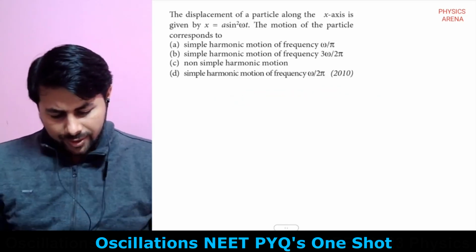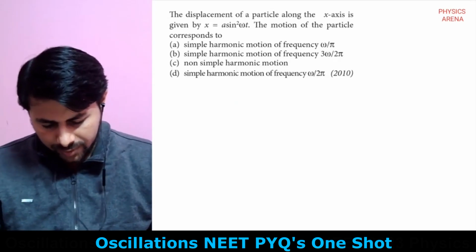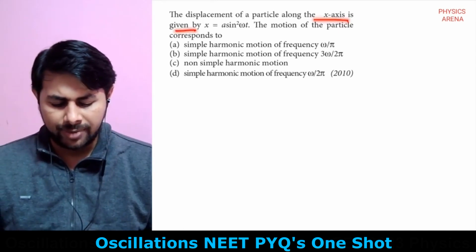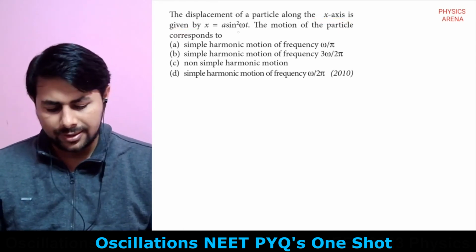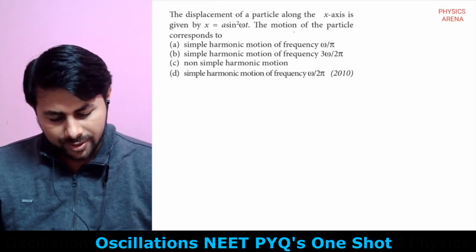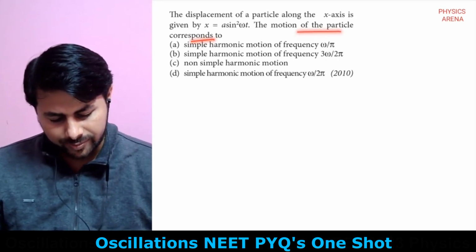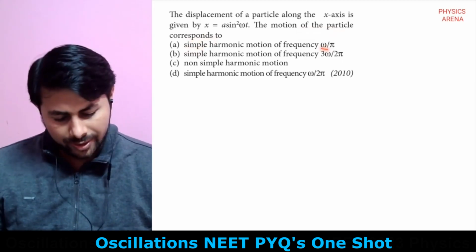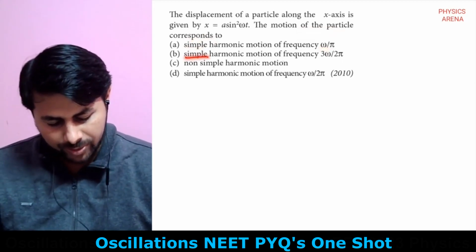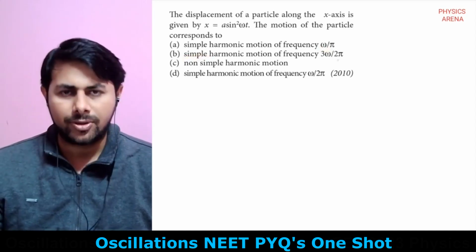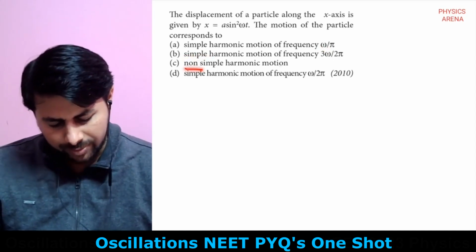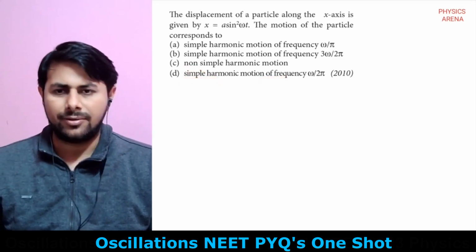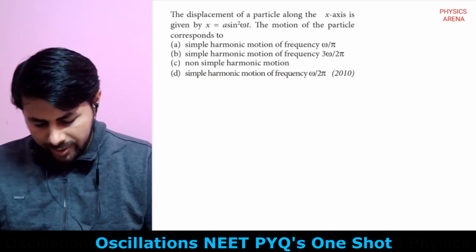So the answer is 4A. Next question, the displacement of a particle along the x-axis is given by x equals a sine square omega t. The motion of the particle corresponds to: simple harmonic motion of frequency omega divided by pi, simple harmonic motion of frequency 3 omega upon 2 pi, non-simple harmonic motion, or simple harmonic motion of frequency omega upon 2 pi. So see this question,